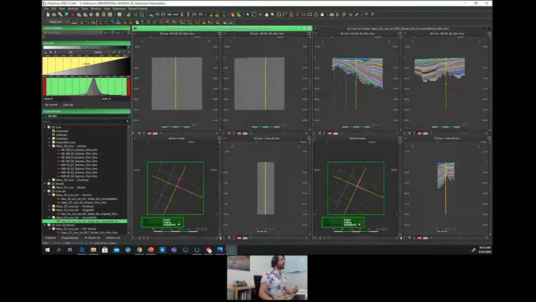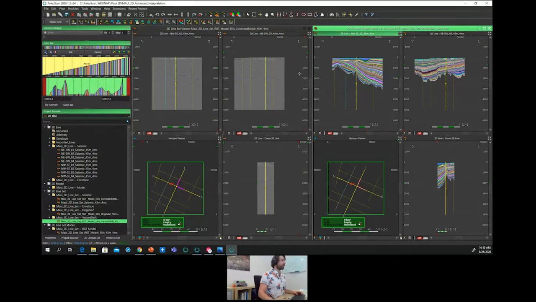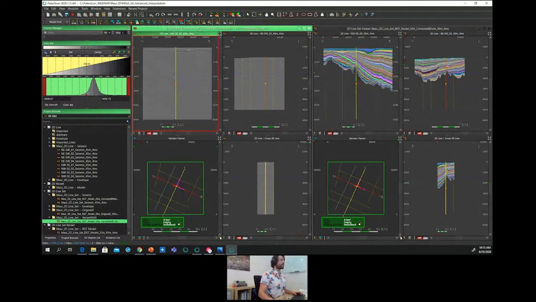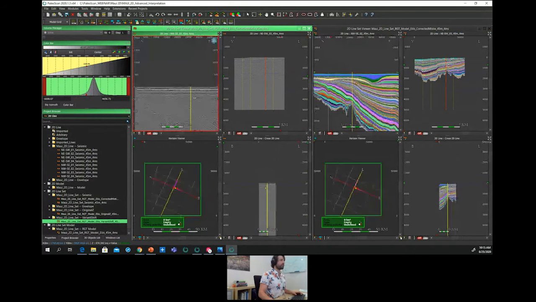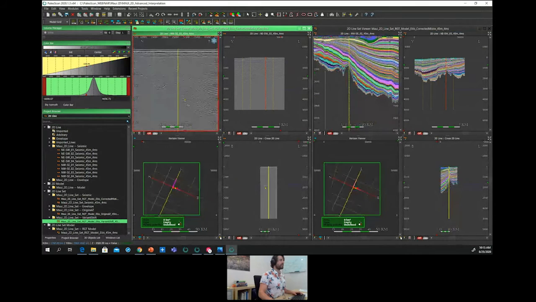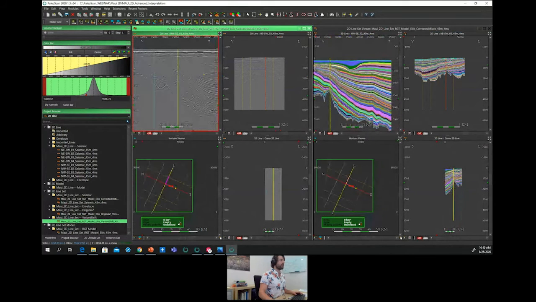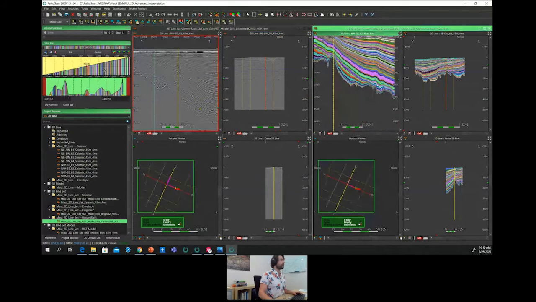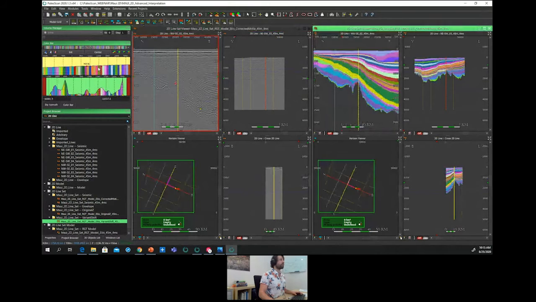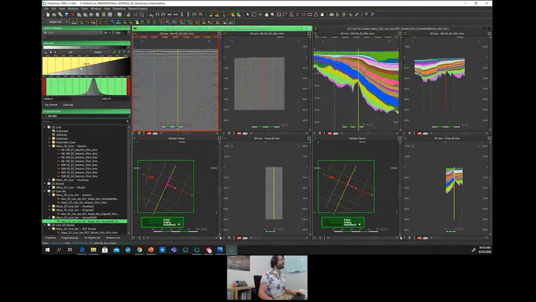So here, if we display at the same time the corrected mistie seismic data and the geotime model, we can, of course, correlate the information. So we can properly appreciate the distribution of the geotime onto the seismic data. And we can always modify the kind of color bar we want to have.